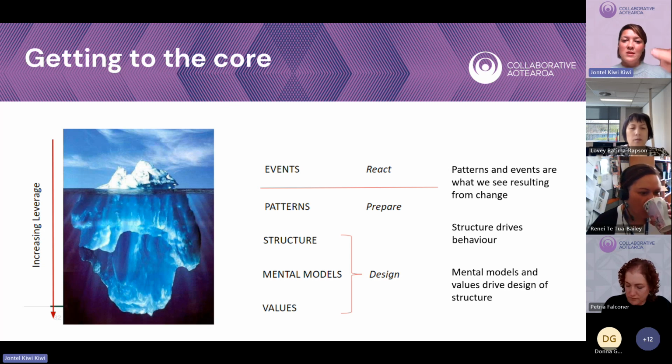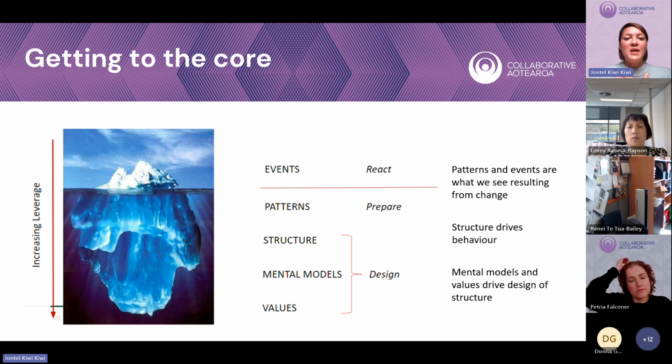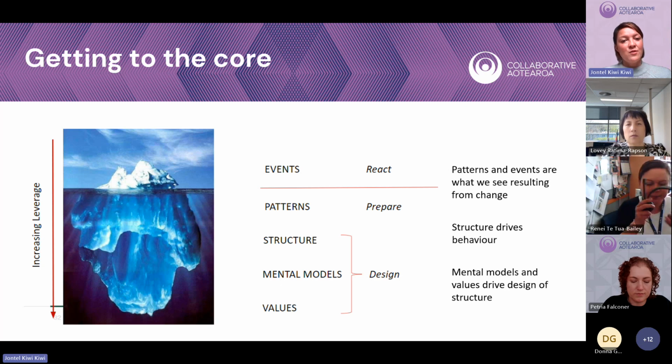So we can see that the next layer down is the patterns, and we can see through history, throughout systems, throughout everything, that there are always patterns emerging. It's one of the universal laws. It always happens. And as wise human beings that we can be, we can look at those patterns and understand what events will come out of it because it keeps repeating. So we can prepare and be ready to respond when we're working at this level of identifying patterns.